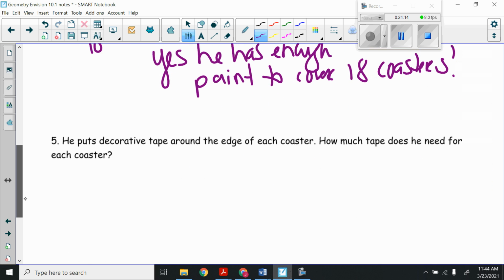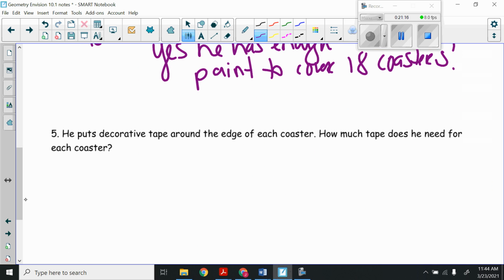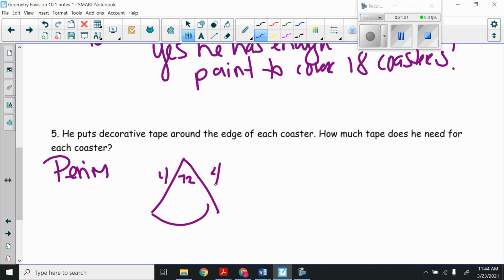All right, the last question. He puts decorative tape around the edge of each coaster. How much tape does he need for each coaster? So that's asking for the perimeter, right? So if this is our coaster, we know that this was 72, this was 4, this was 4. We have 2 radii and an arc